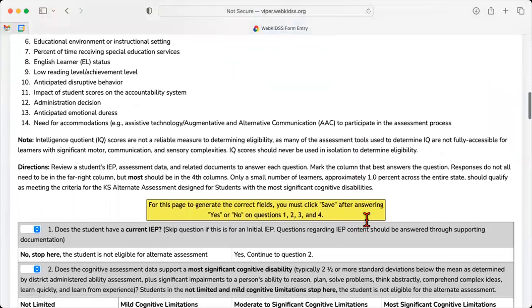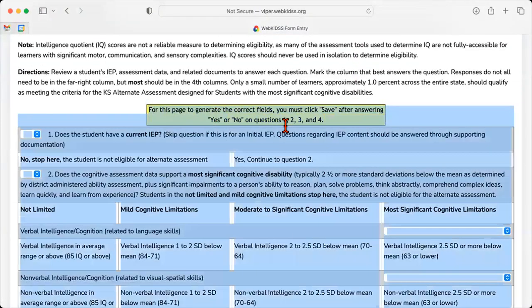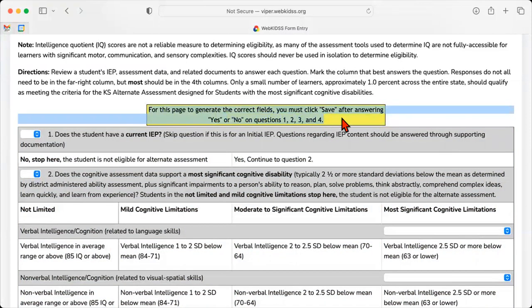Again, this is the same form, but anytime you see yellow instructions in WebKids, these are something that's not going to print, but it's alerting you to something that you may need to do in order for the functionality of the form to work properly. In this one, it's reminding us that when we click save after we answer the questions, depending on how we answer those questions, it may or may not provide more questions, or it may end the form depending on the answer we chose. So for example, this is one of the very simple ones that I can show you